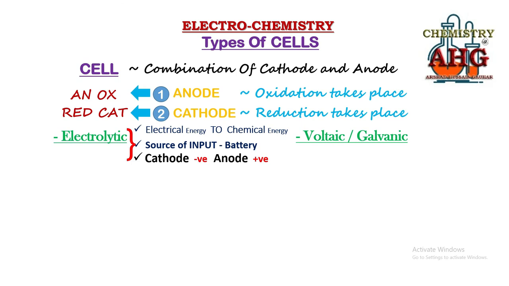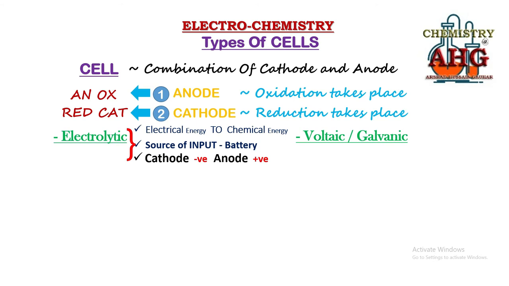Now whether cathode is negative in electrolytic cell or cathode is positive in voltaic cell, always at cathode which process takes place? It is reduction. And whether anode is positive in electrolytic cell or anode is negative in voltaic cell, at anode always oxidation takes place. So now you would have come to know why I said that you must always define anode and cathode with respect to the process that takes place on these electrodes.